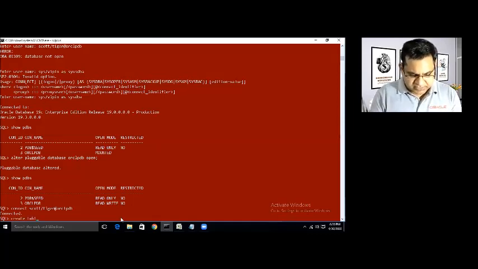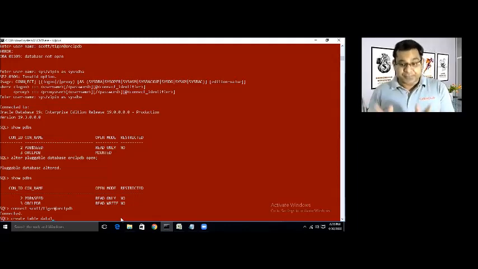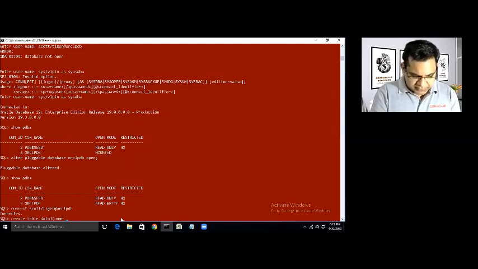Suppose the name of the table I'm taking as data1 only. That is the name of the file as well. It is not necessary that you take the file name and the table name as the same. Not required. You can definitely do that too, right? So the name column will be taking the data into the varchar2 and up to 15 characters something.